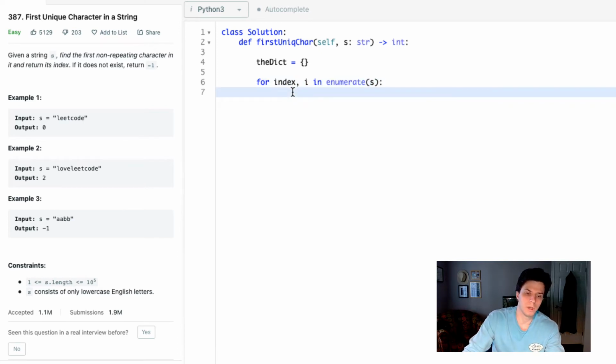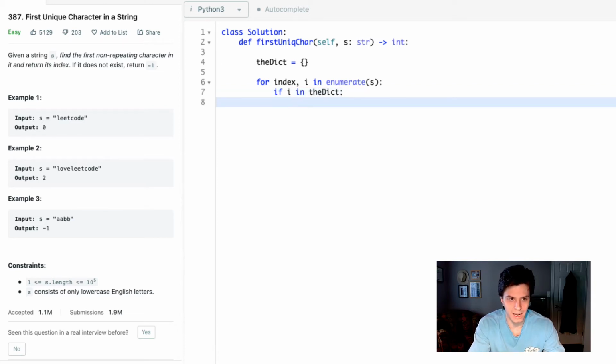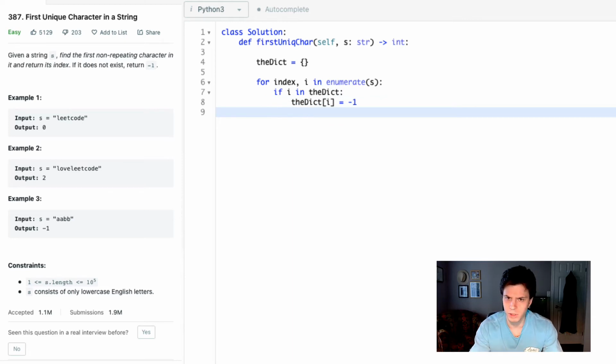Now, what we're going to do is we're going to say, okay, if our I, right, because our I is our character, is in the dict, all right, well, that means that that character is not repeating because we've already encountered it before and now we're encountering it again. So what we need to do is we need to set the dict of I to be -1. Okay, this -1 value is going to be used later in the solution to sort of indicate that whatever character in this dictionary that we have is not a candidate for the